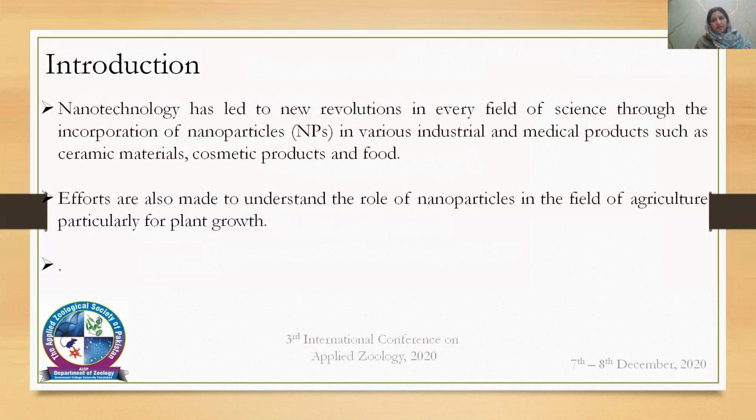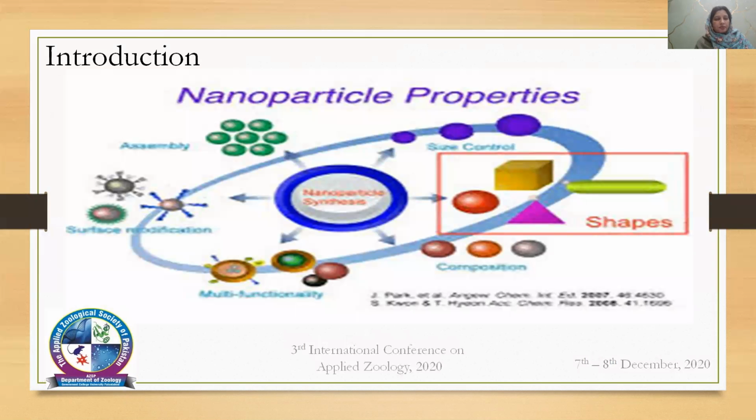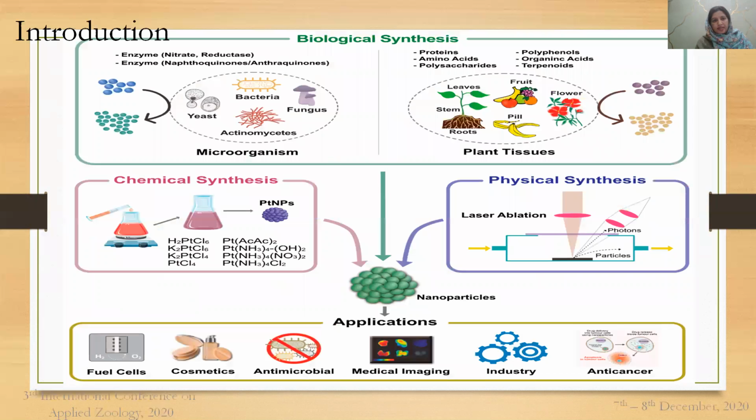They are very effective due to their small size, as they can be taken up by the plants more quickly as compared to the bulk zinc fertilizers. Thus, the use of the zinc oxide nanoparticle can be hypothesized to enhance the rate and to remedy the zinc deficiency in maize crop. There are different shapes and size of the nanoparticles that are responsible for their unique characteristics,